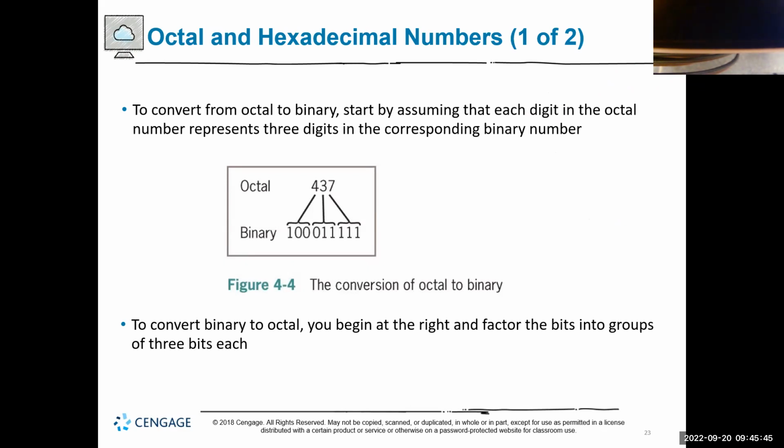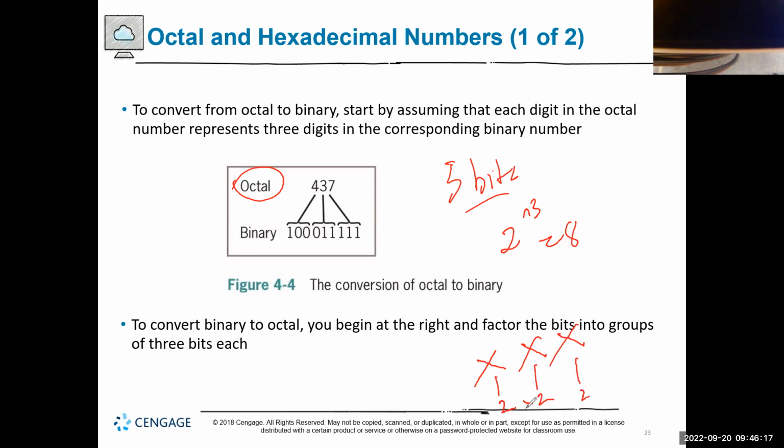Octal is known as base 8. In order to represent an octal number here, you need 3 bits. The reason you need 3 bits is that 2 raised to the power 3 is 8. So you see, you have one binary digit, another digit, and another digit here. For each digit, you have 2 possibilities, 2 possibilities here, 2 possibilities here, so when you multiply them together,